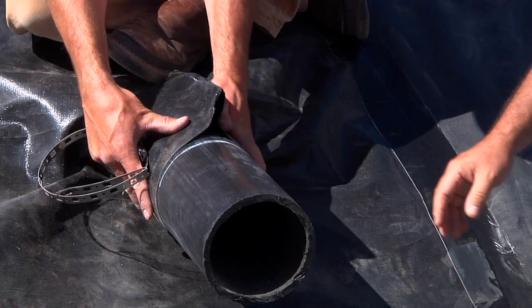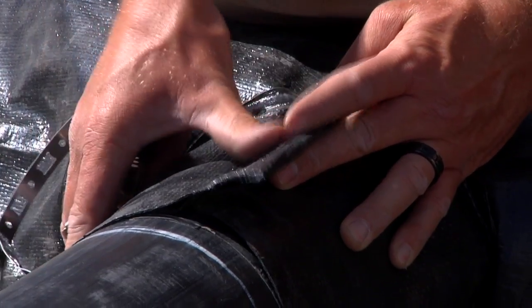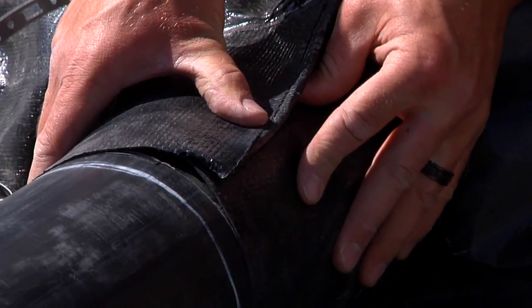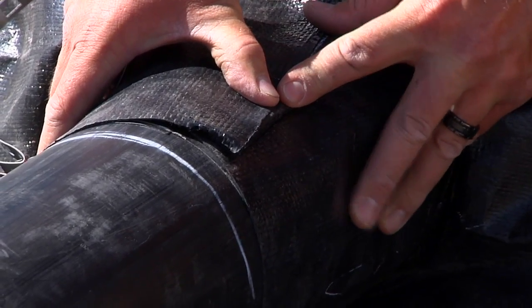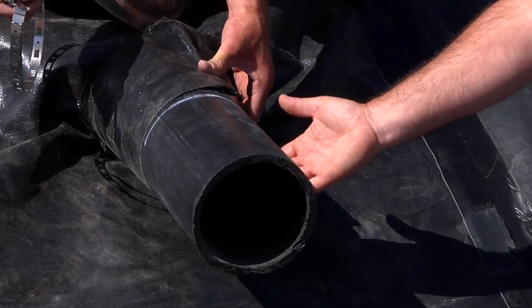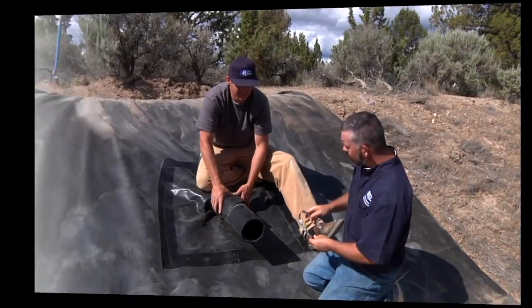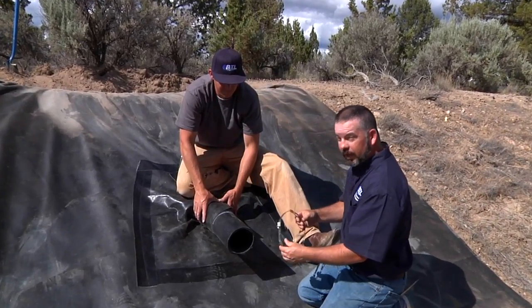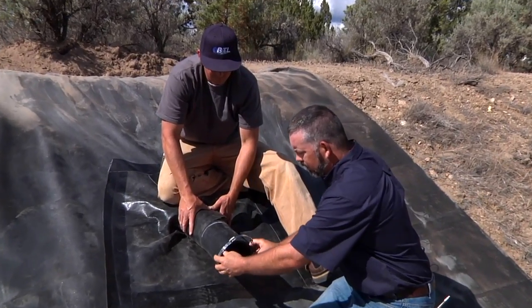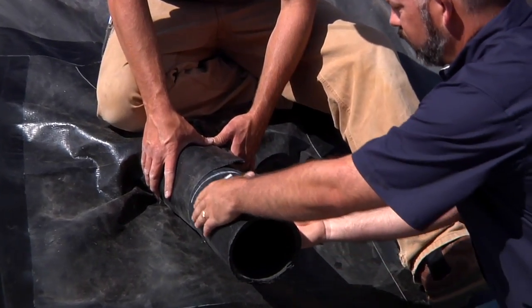He's going to pinch it together and find which way that liner is comfortable folding. In this case, we're going to come over here to the right, and you'll see that you're going to get a nice tight seal all the way around. A second pair of eyes can look under the pipe and make sure that you have it up snug. We have the fold in place. Again, a second set of hands. We've started the clamp. We're going to slide it down